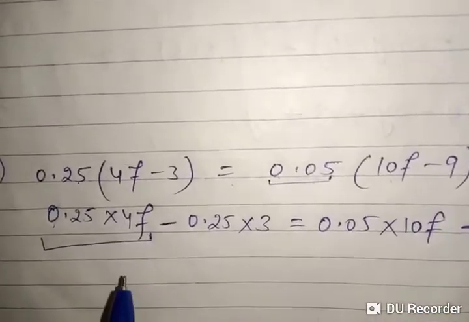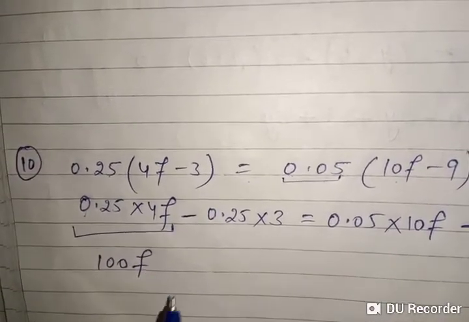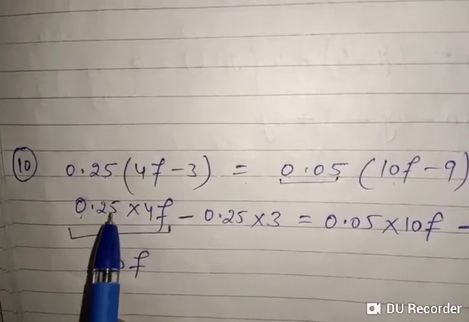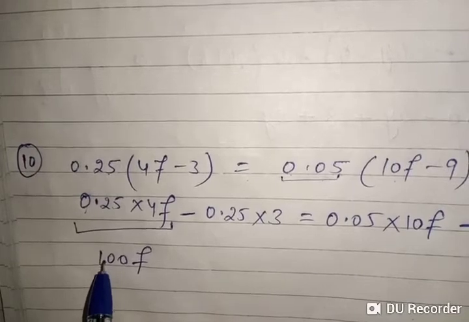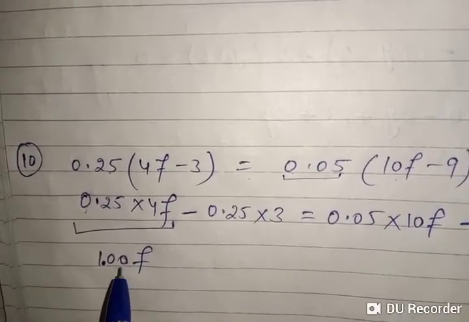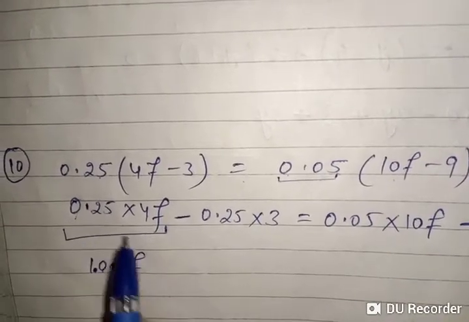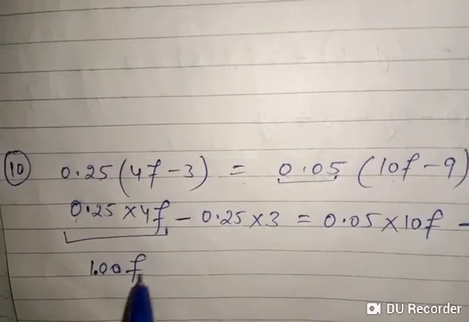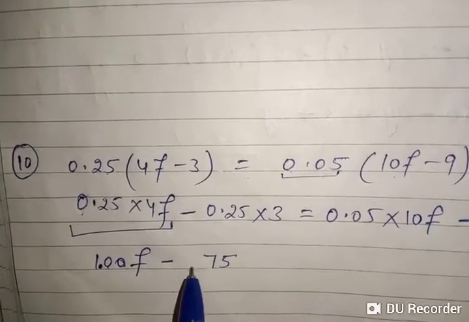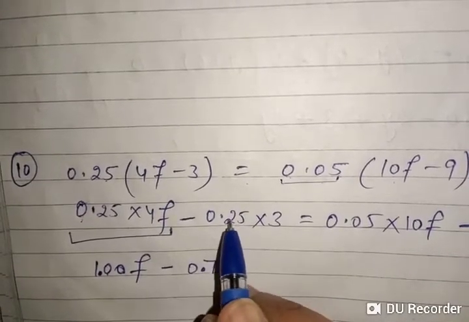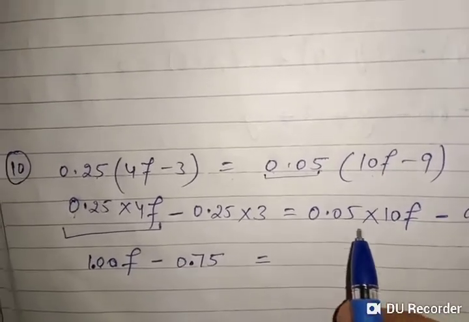When we multiply these two, 25 and 4 will give us 100. F and decimal, as you have done in your lower classes, when there are two places after decimal, we'll put decimal. We will count from extreme right, and put the decimal after two places of decimal. So this is 1f, then minus, it's 25, 3 is 75. Again the same concept, two places after decimal, so again we'll put decimal here,